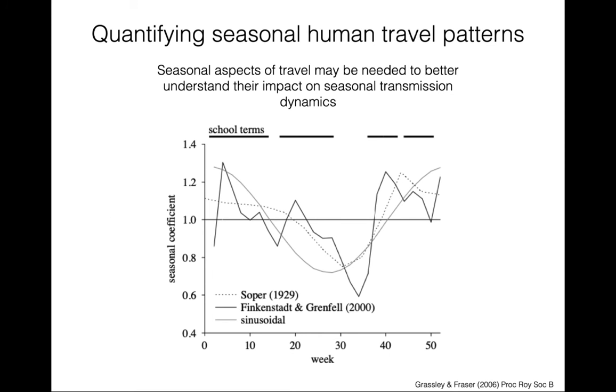And in particular, for seasonal aspects of travel, we need to understand how seasonal travel patterns may be impacting or driving disease transmission. Here's an example of estimates of seasonal transmission coefficients of measles. It has long been known that school terms and the aggregation of kids in schools has driven measles transmission dynamics historically in many settings. In this instance, we would really want to know how individuals are traveling seasonally and if this can be related to school terms, which can then be used to predict when and where transmissions of measles